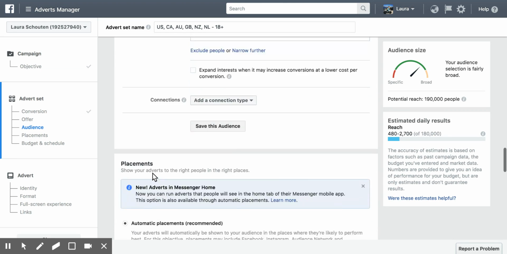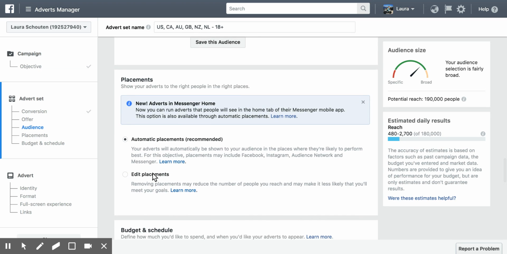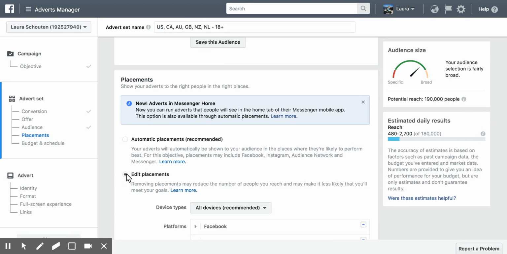Now, with placements, if you use automatic placements, Facebook's going to show your ads everywhere. I'll tell the truth, the first 3 days of your ads running, it will actually work better usually if you're using automatic placements. Okay. Now, what we've tested, and I've paid tens of thousands to learn from the best advertisers in the world,